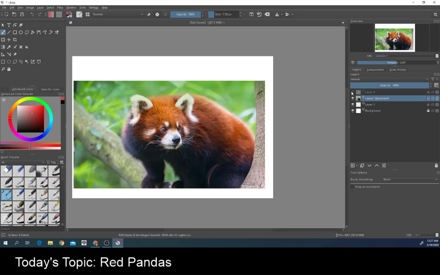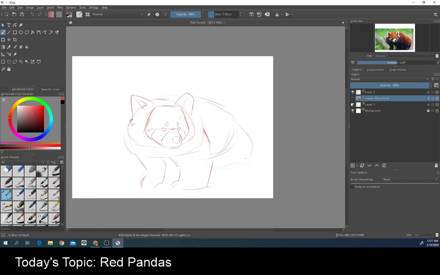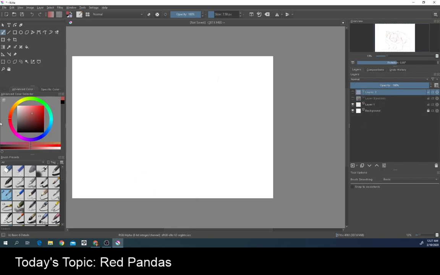Oopsie, I think I just drew on the image again. I do that occasionally. Okay, so that's our first sketch over. We're going to turn that off and grab another image, because the point of this is just, we're not tracing over these to use them later in any kind of design or anything. What we're trying to do right now is